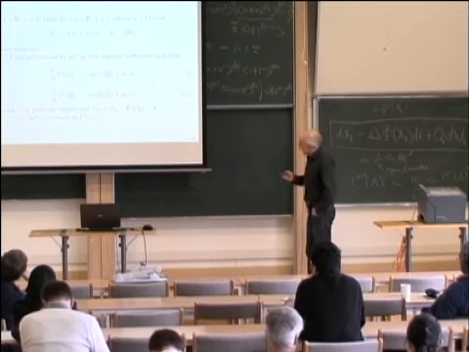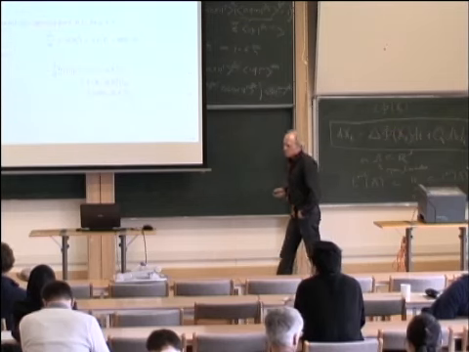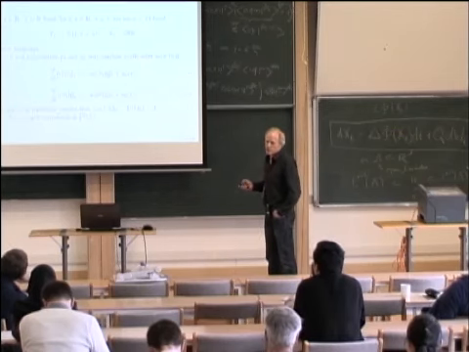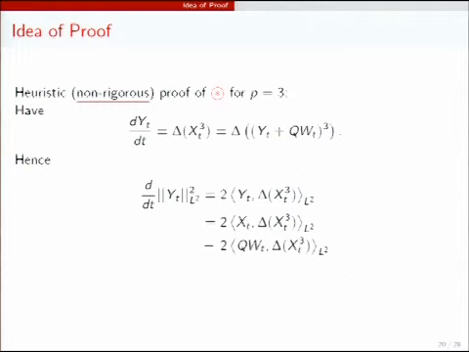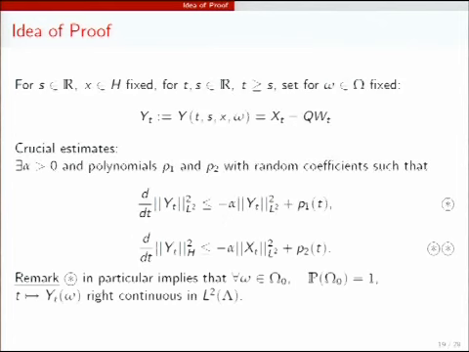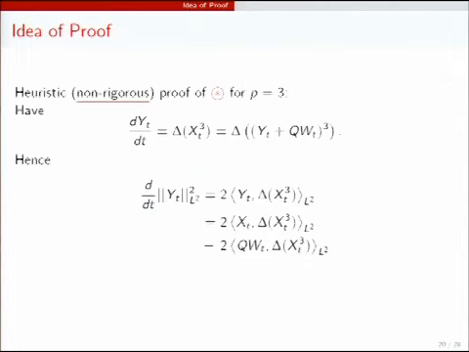So now let me explain a non-rigorous proof of the first inequality. So try to remember this inequality. So I will end up there. And okay, so first of all, we write our equation. So that's the solution of this, yeah? So that I fix omega. Here is a fixed omega. Now omega is always fixed. I just use a short notation for this complicated thing, just Yt.